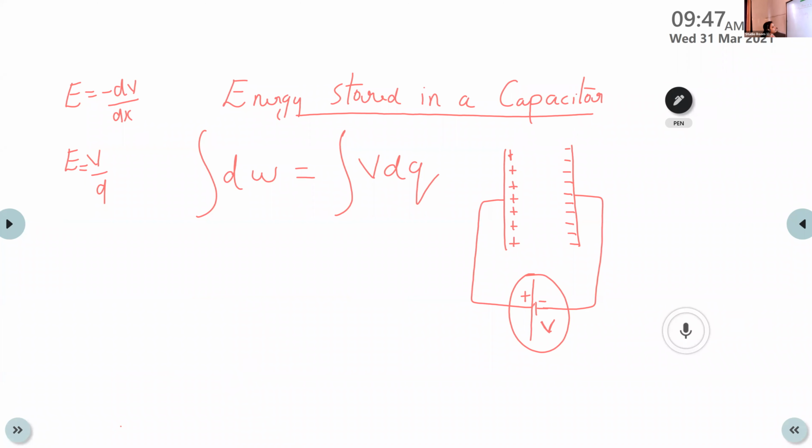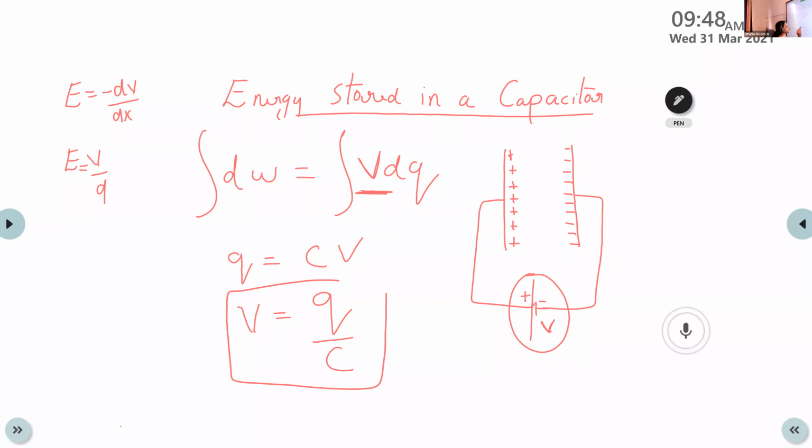And here, what is the equation for potential in terms of charge? We can replace the potential in terms of charge Q. We know that Q is equal to CV, right? From that equation, what is the value of the potential V? V is equal to Q by C. Because there is no term of charge here, and we want to integrate, we need to change this potential in terms of charge. Then only it becomes the integral of Q dQ terms. So for that we are changing this potential in terms of charge.